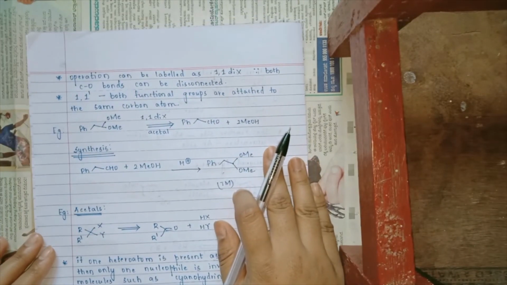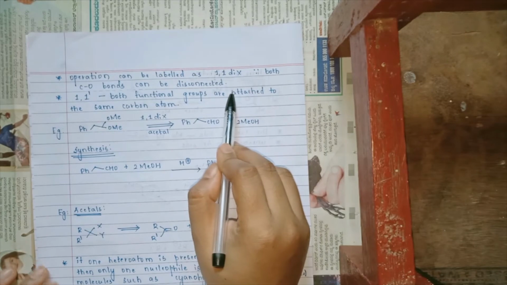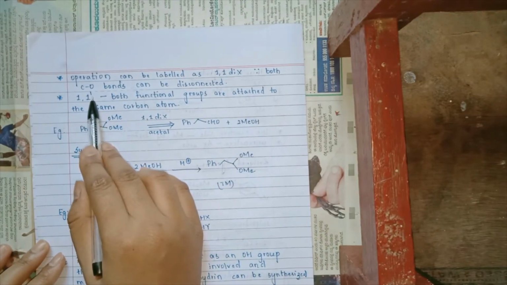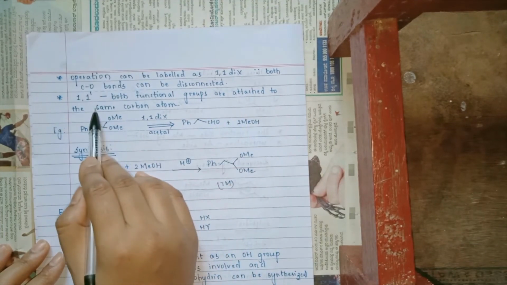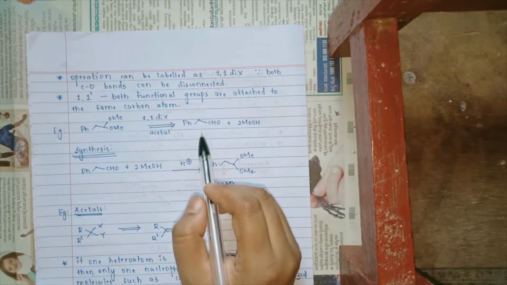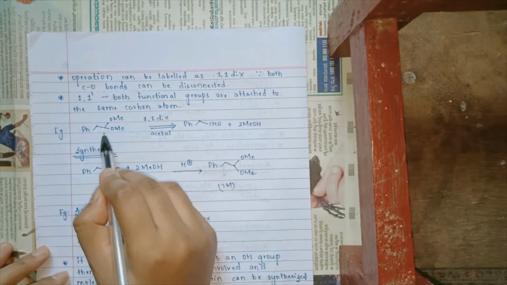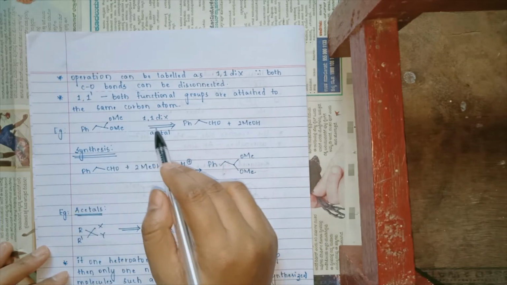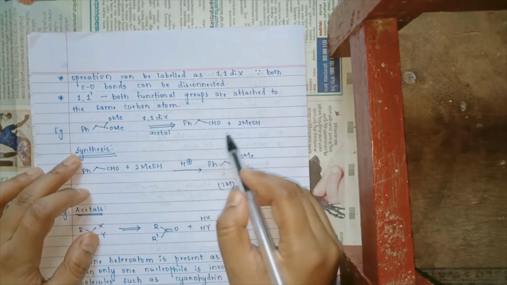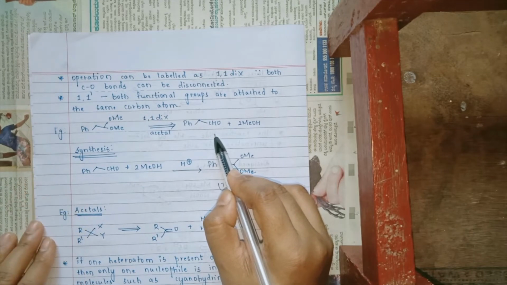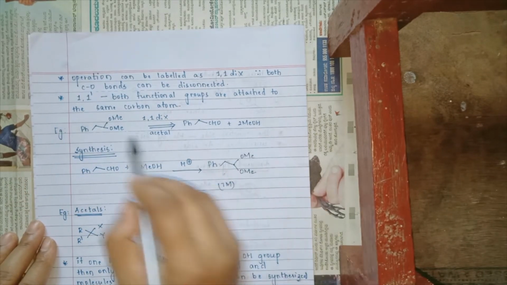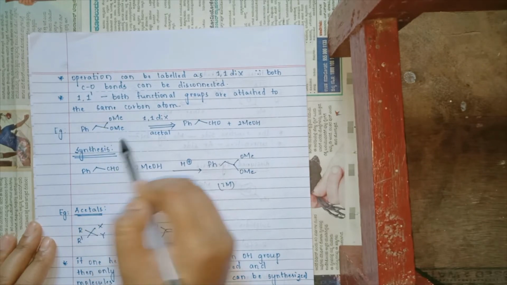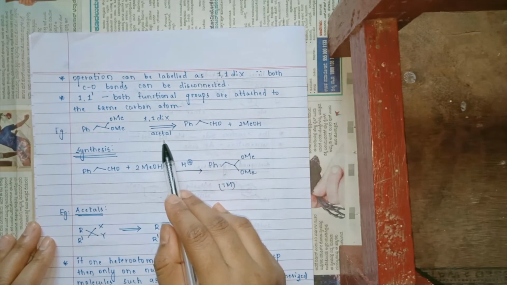Now this is also called 1,1-DIX. This particular operation is also called 1,1-DIX because C single bond O bonds can be disconnected. In 1,1, both functional groups are attached to the same carbon. We can see that here the functional groups are attached to the same carbon, and hence in 1,1-DIX, the acetal is going to give me a carbonyl carbon like an aldehyde and two moles of methanol. Here also a lone pair of electrons travels so that the other group gets disconnected, and through 1,1-DIX the acetal is cleaved.